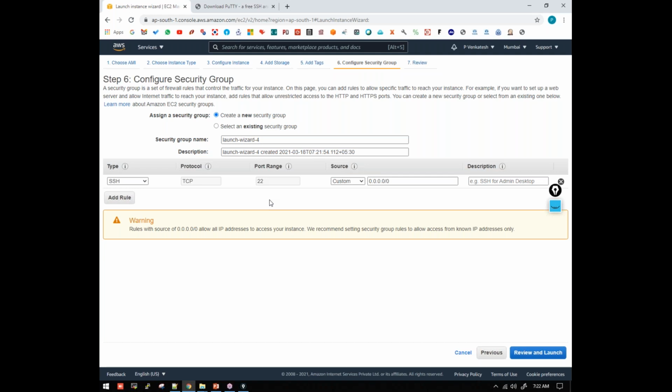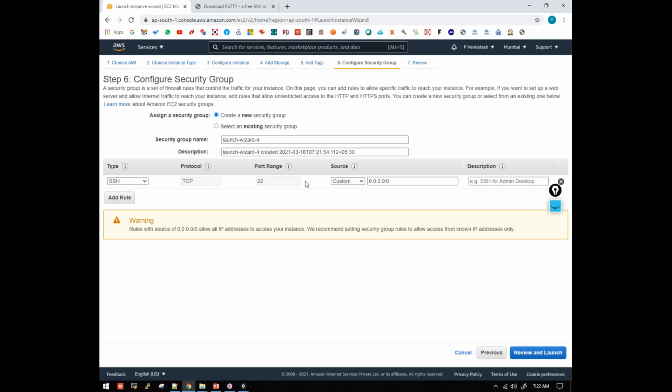Similarly, if you are maintaining a database, you need to open the database port. If you're going to create a mail server, you have to open ports like IMAP or POP. All these ports have to be open. So basically a security group is nothing but opening up the inbound and outbound rules for the ports of the server.